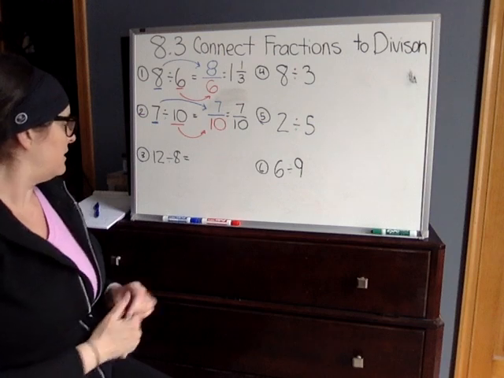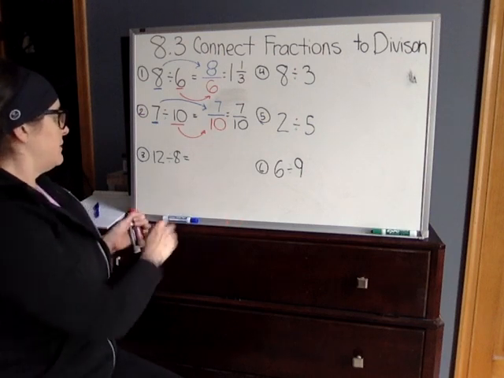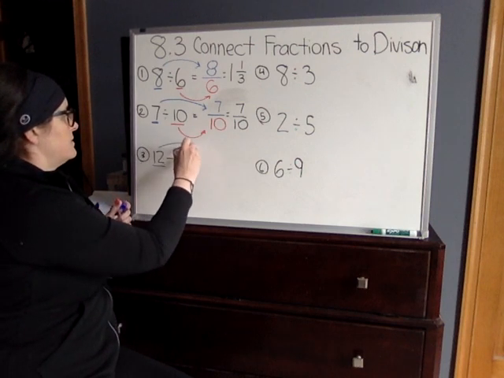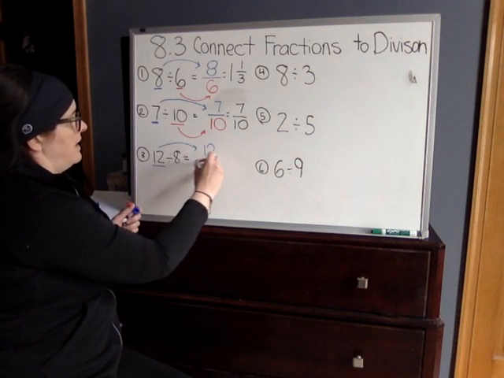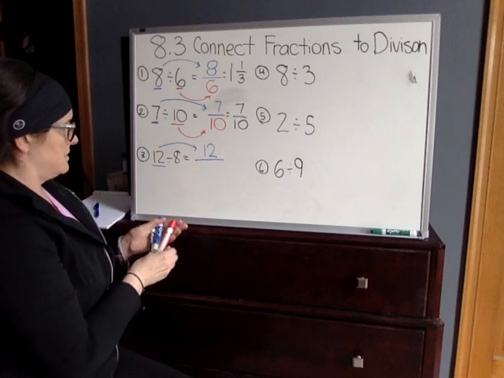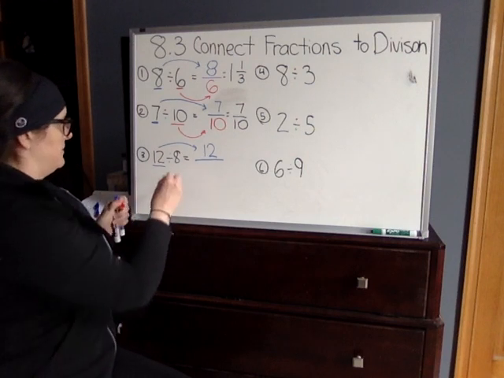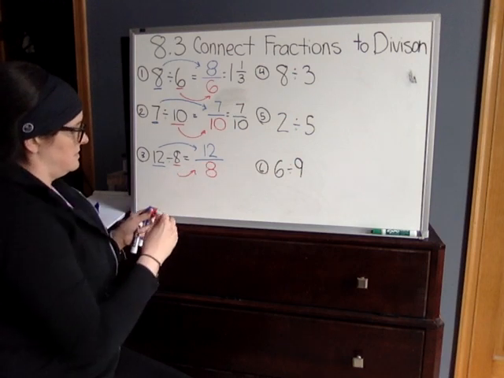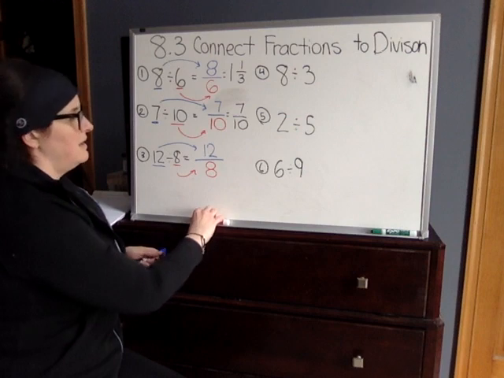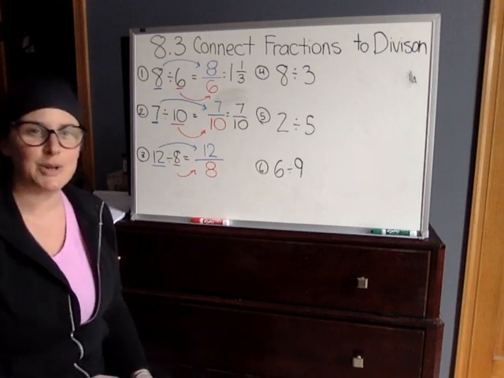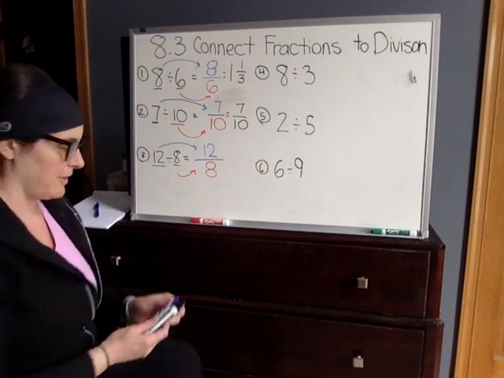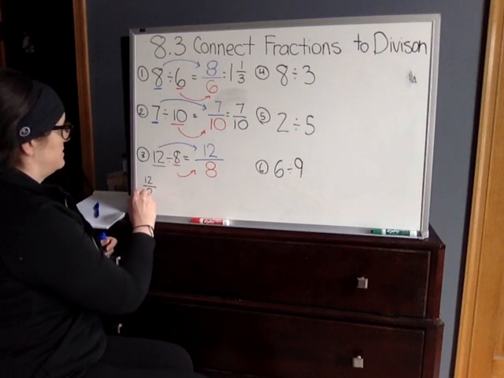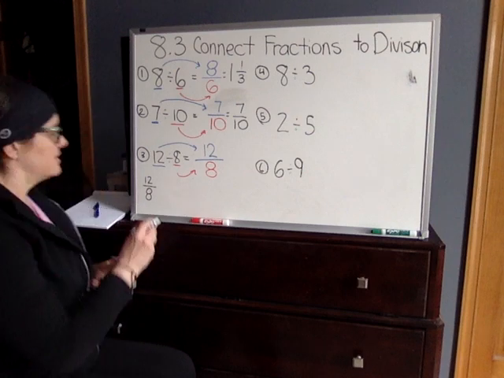Okay. Our third one here, we're starting with 12. Our first number goes up top, and our second number goes below. So we have 12/8, which is a fraction. And it's an improper fraction again, so we're going to change it back into a mixed number. So when you have 12/8,